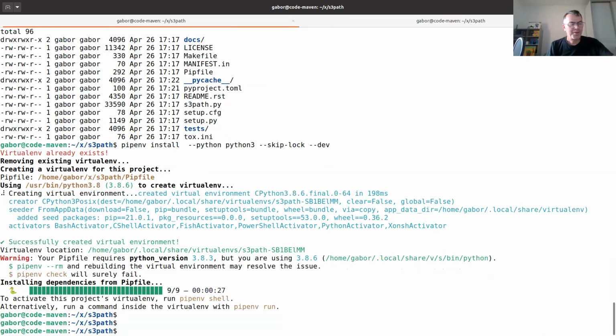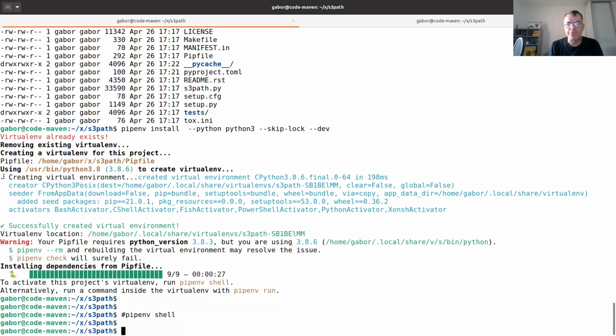Okay, so now we can do pipenv shell, and the shell will get us inside the virtual environment, exactly like you started at the start. Wait a second, where did it install the virtual env?